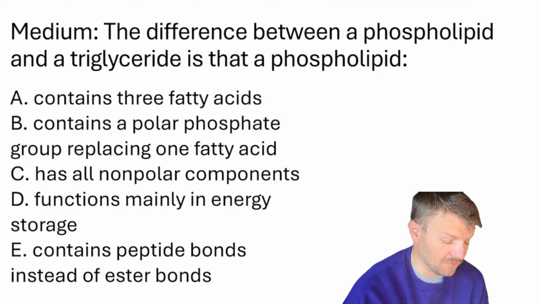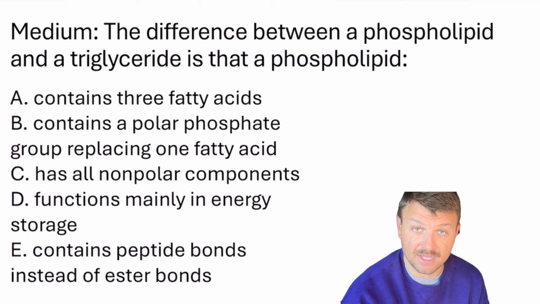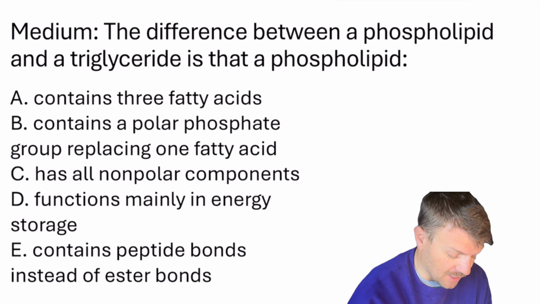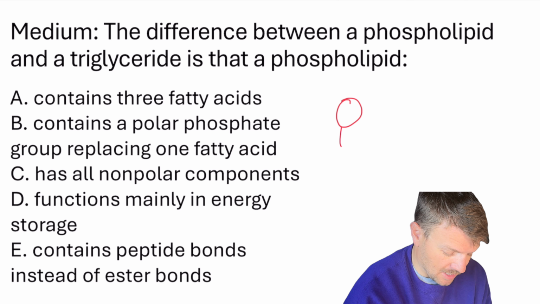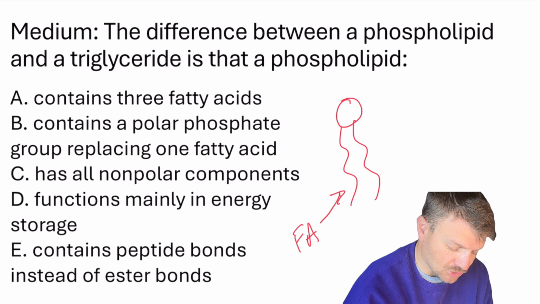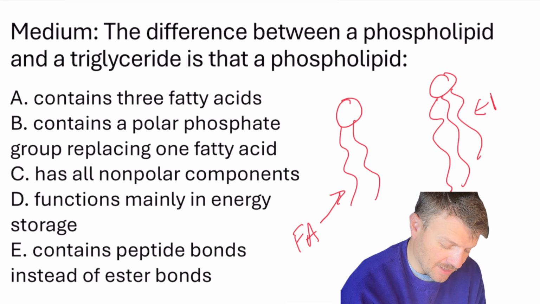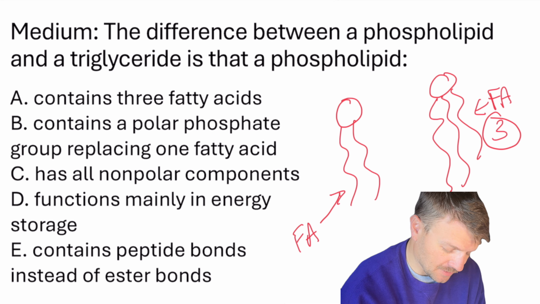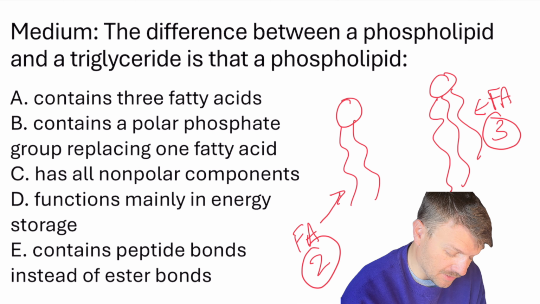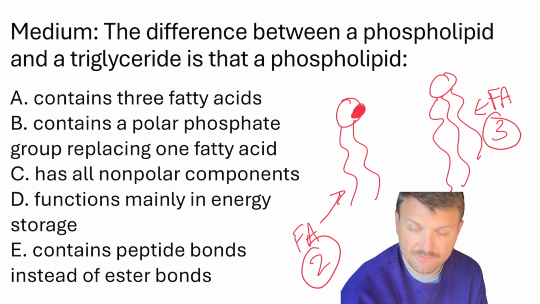Here's our medium question. The difference between a phospholipid and a triglyceride is that the phospholipid... and then the answers. So before I even look at the answers, I'm going to try to reason through this myself. So remember that a phospholipid looks like this, and these are fatty acid tails. Now a triglyceride looks like this, where again, these are fatty acid tails, but there's 3 of them. There's only 2 here. And one thing you have to remember is that in the phospholipids, there is a phosphate group right here